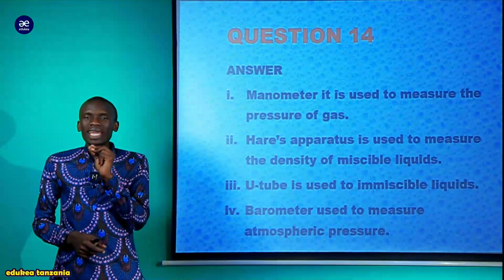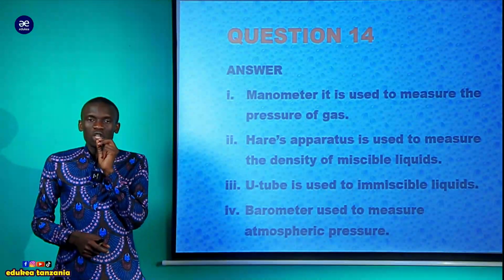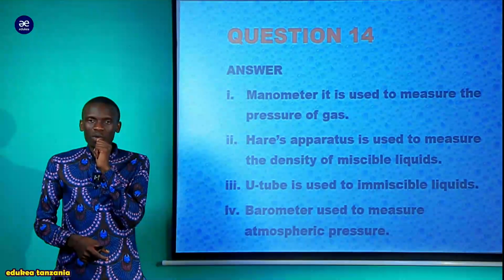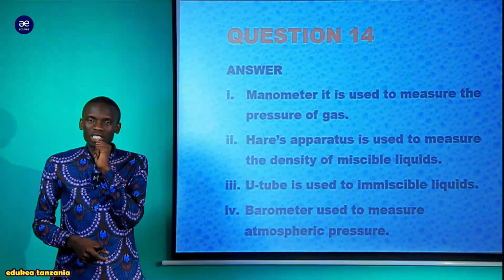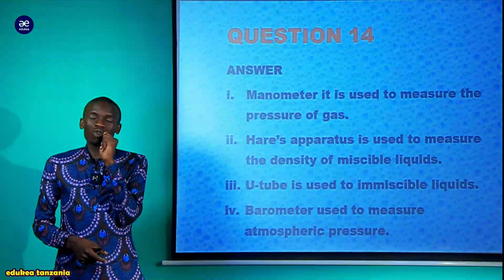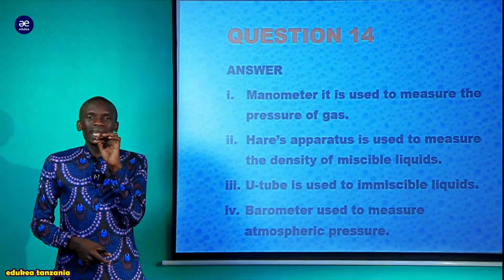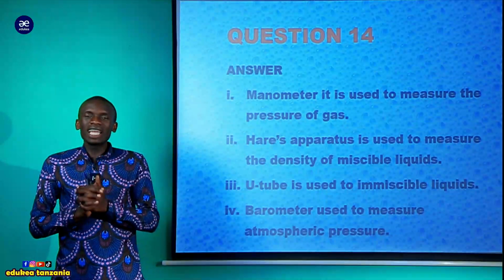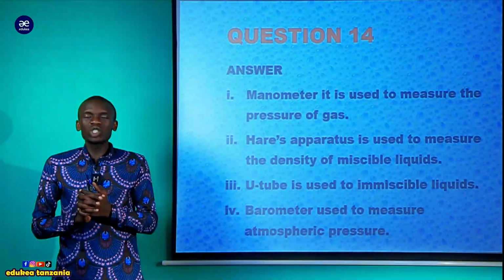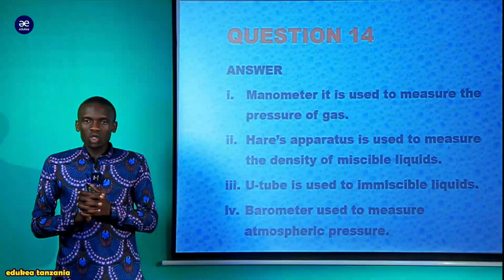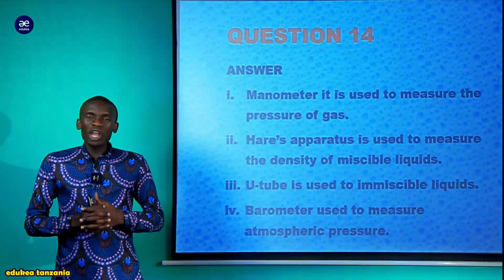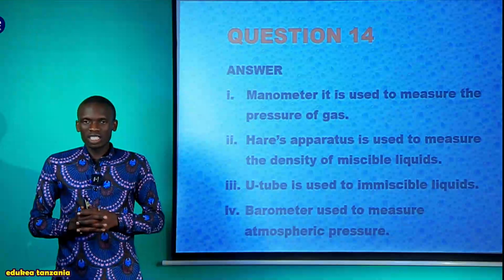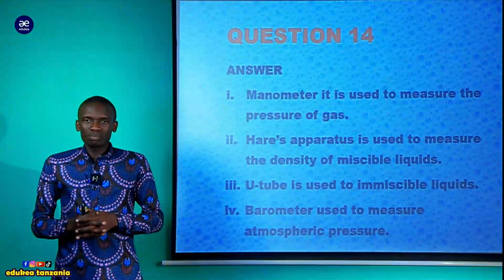And one end is exposed to the atmosphere. So you are measuring the pressure of gas by comparing it with atmospheric pressure. And inside the manometer there is a liquid, and the liquid that is used is mercury. So you'll see that when you connect a manometer to a supply of gas, one side of the limb will